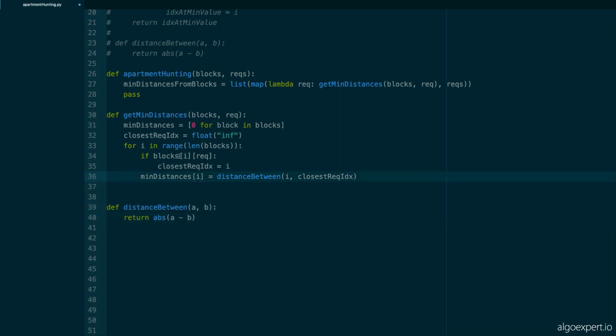So here we're saying we're going from left to right. We're looking for gyms right now. We're getting the min distances of gyms. If we have a gym, then we know that the closest gym is located at this index. And min distances at index I is going to be equal to the distance between I and that closest index. It's very simple, we can naively say this because we're going